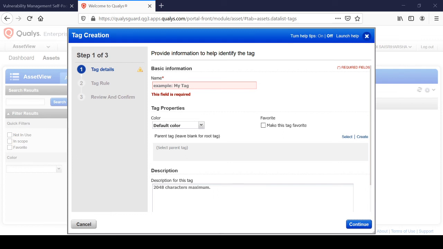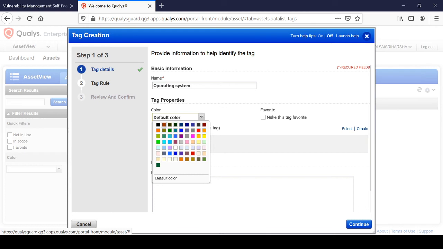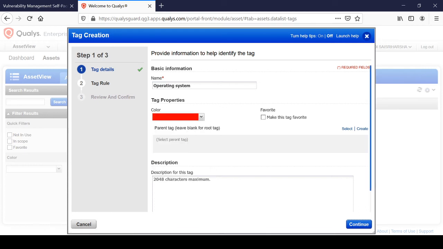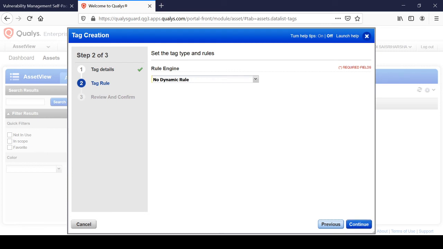I'll give it the operating system tag name. I can give it a default color, whatever color you want. Okay, I'll give it red now. For tagging this detail, I've given the required details, that is enough. And if you want to mention any description for this, you can do it. I will say it is a parent tag for OS. I click on continue,